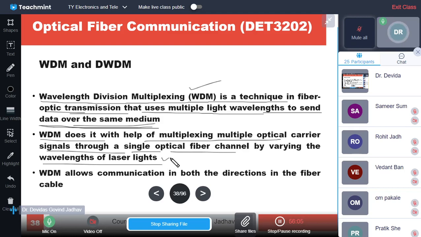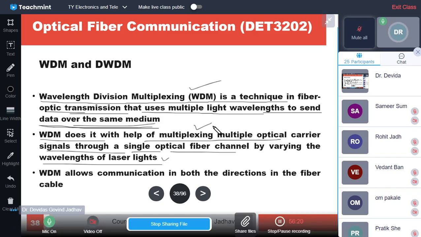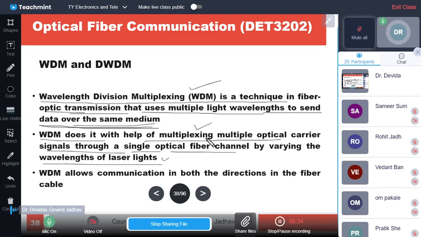Okay, how is it achieving that? It does it with the help of multiplexing. As the demultiplexing separates out the signal, multiplexing combines the signal. There are combiners and splitters. Couplers are there. Some couplers combine the signals and some couplers separate out, split the signal. We have studied the couplers in the 5th chapter, isn't it? While studying the couplers, we discussed them in detail.